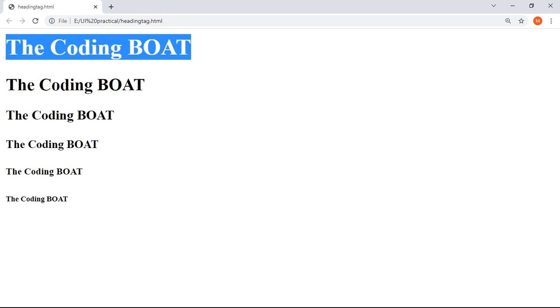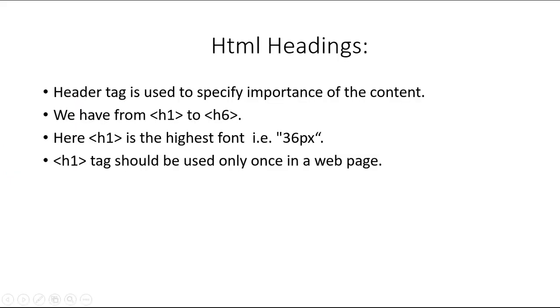Times of India. That heading is very big as compared to all other headings and content of that particular newspaper. Correct? Like that only, every web page should have only one h1 tag. Okay, means h1 tag should be used only once in a web page.